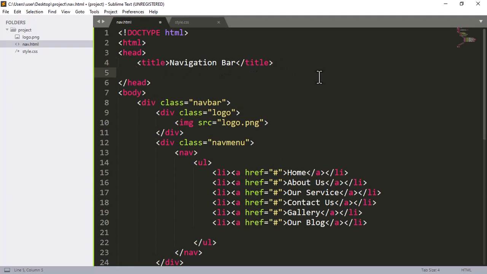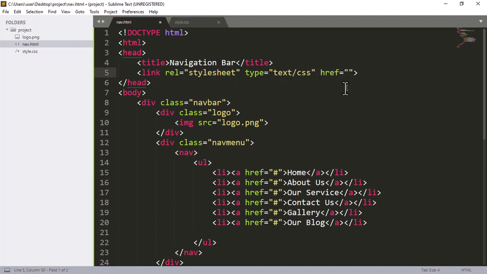So you just come either below the title or above the title, however you may like to put it. In my own case, I'm using under the title, below the title. So just open a link tag. This is how to link your CSS. So, link, relationship is stylesheet, the type is text/css, then the href